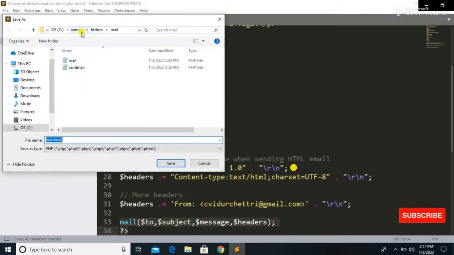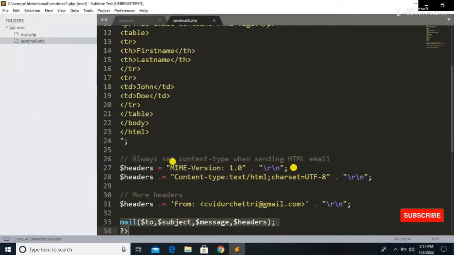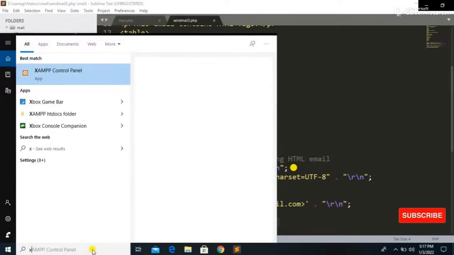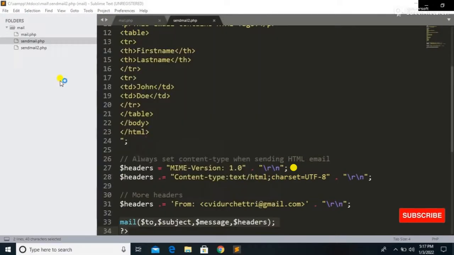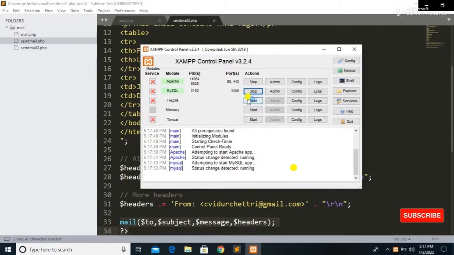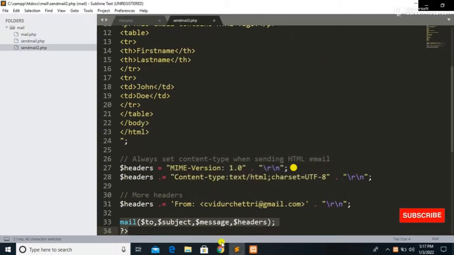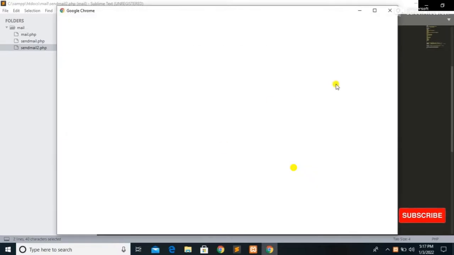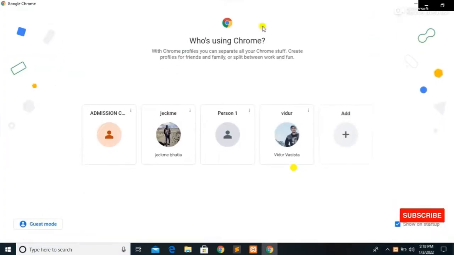We need to save the file inside XAMPP htdocs, inside our project folder. To run the code, first we need to open the XAMPP control panel. Hope you have already installed this XAMPP control panel, and we need to start Apache and MySQL. After starting Apache and MySQL, we need to open a browser.